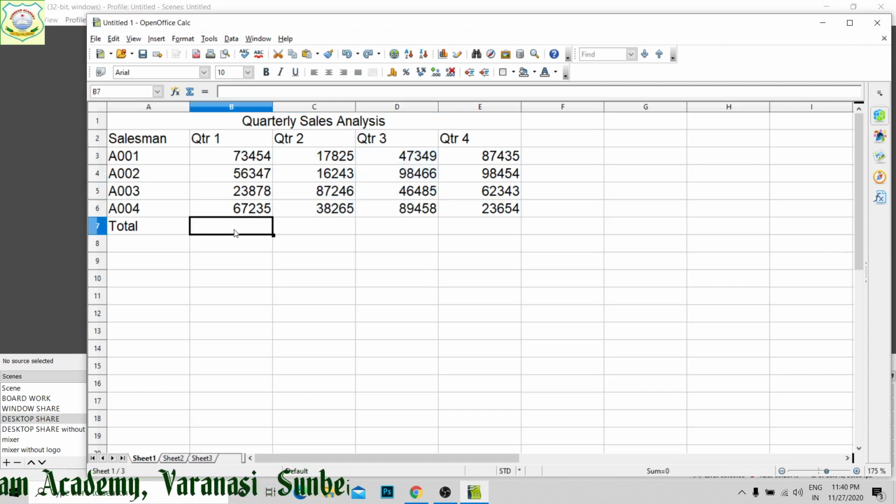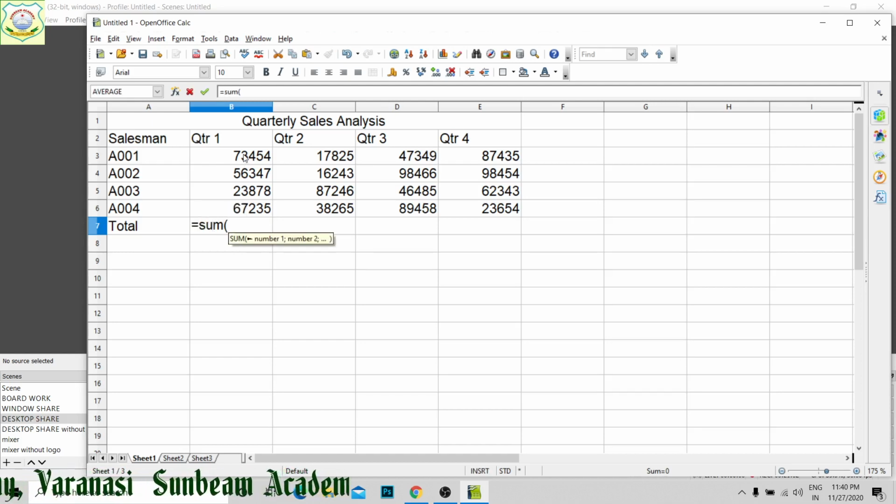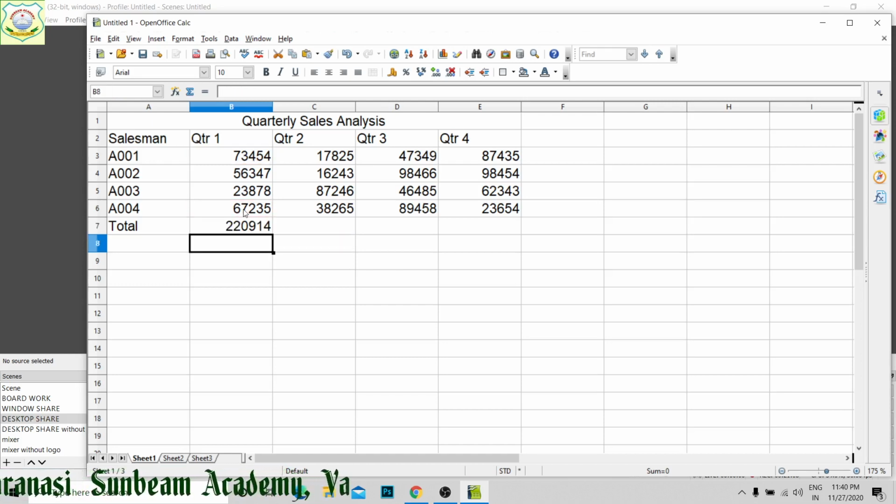Now the question is given, similarly define the name for others. Now find the sum of the range quarter 1 in the cell B7. Its sum equal to sum from where to where we have to find out? From here to here we have to find out the sum. It will give you the sum of quarter 1's total of all 4 employees, right?